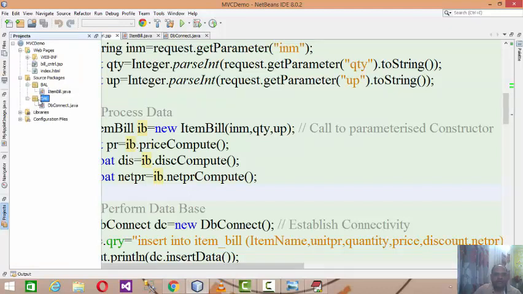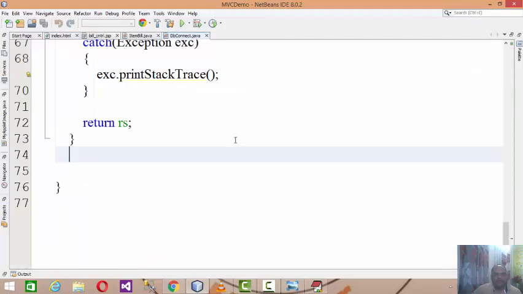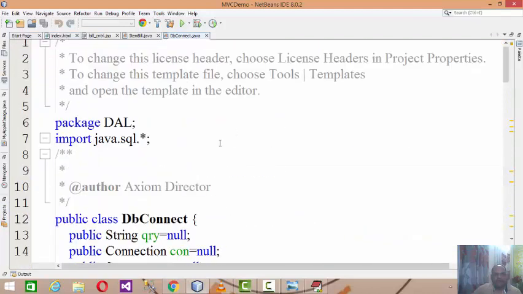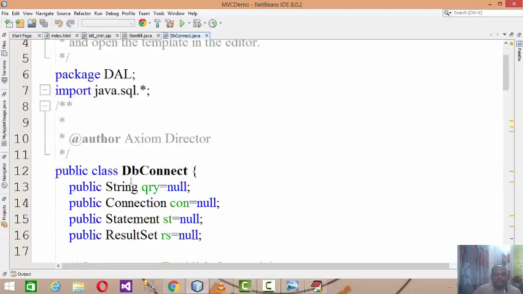For this reason I designed a package called DAL. I already explained, DAL stands for Data Access Layer. All the classes which are responsible for managing the database need to be stored in it. So in the DAL package, I wrote a public class called DBConnect. Now DBConnect is responsible for handling all the database operations.